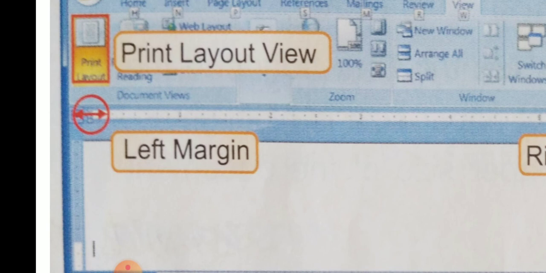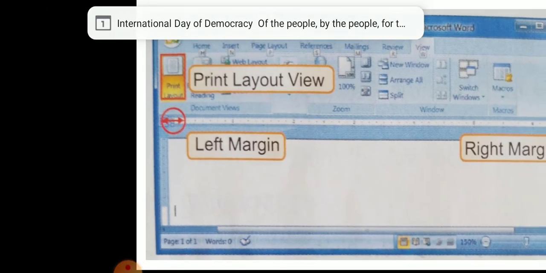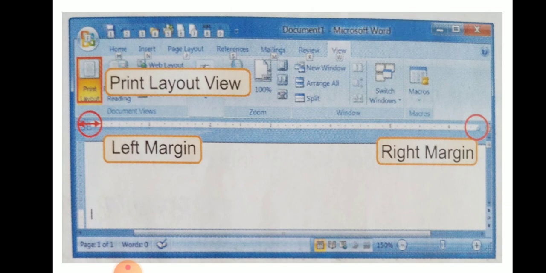We point to the margin boundary on the vertical ruler, and the pointer changes to a double headed arrow. We should drag the margin boundaries. Clear, children? All four sides of the document margins can be changed by using this setting margins itself.